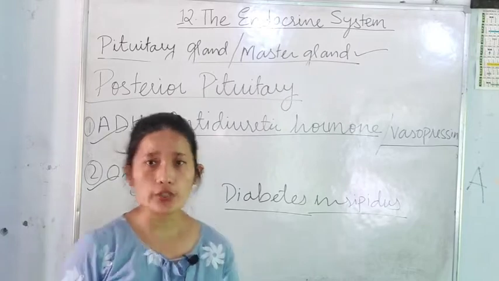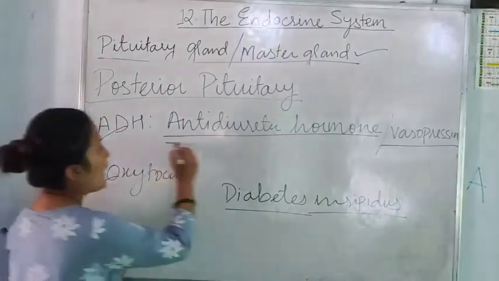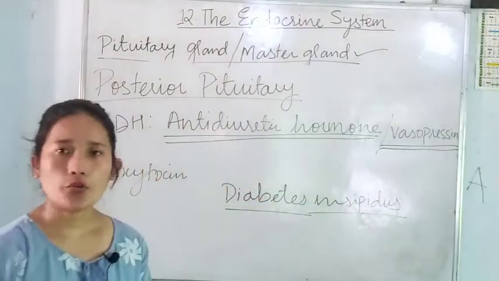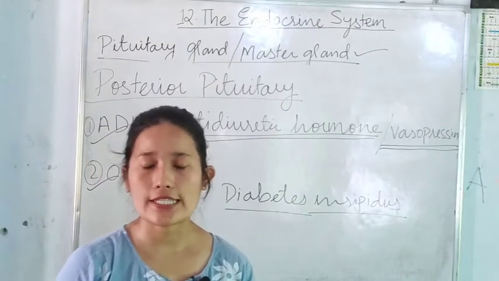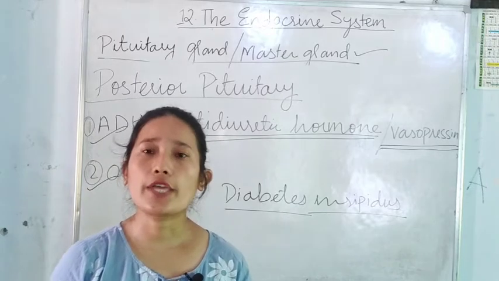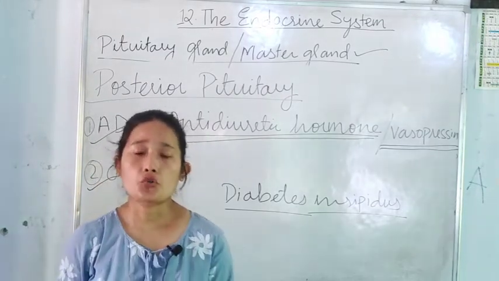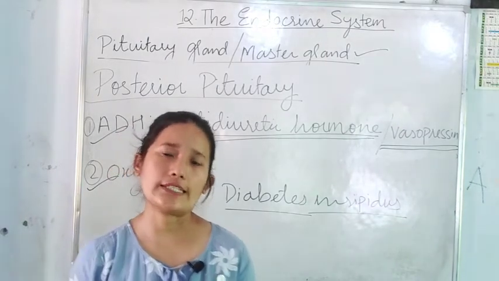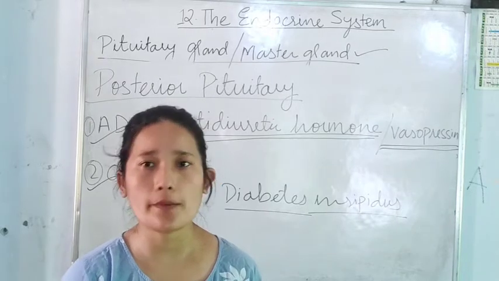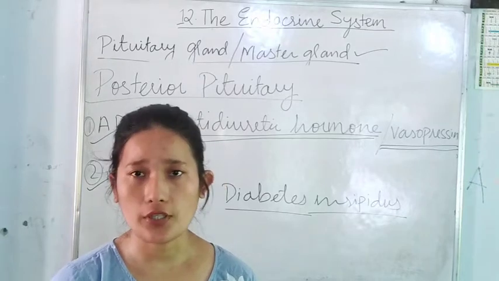You have two main hormones, that is your ADH, antidiuretic hormone, also referred to as vasopressin, okay. Now let us go through the function of antidiuretic hormone. What does antidiuretic hormone do? It helps in reabsorption of the water from the kidney tubule, okay. So what do you think would happen if it is secreted in a lesser amount? If it is secreted in a lesser amount, that means less reabsorption of the water would take place, right? That would result in frequent urination, okay.